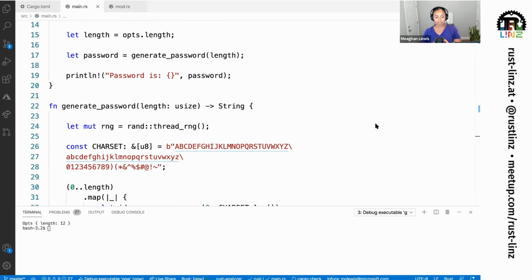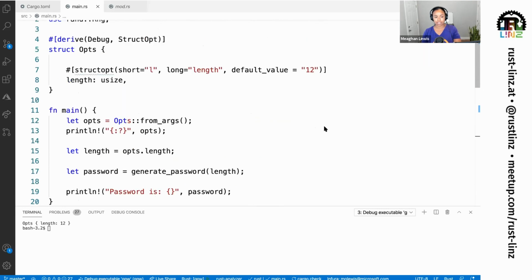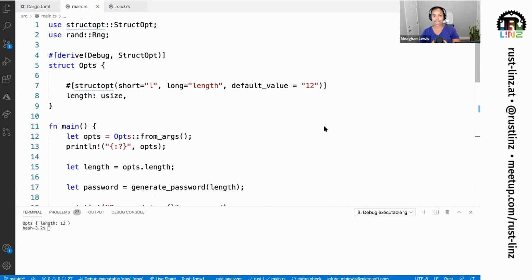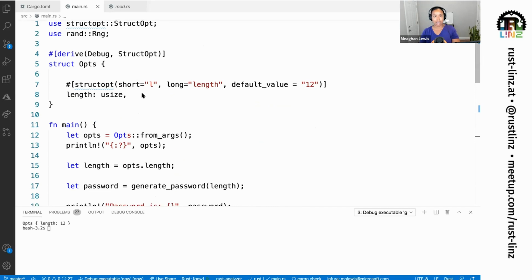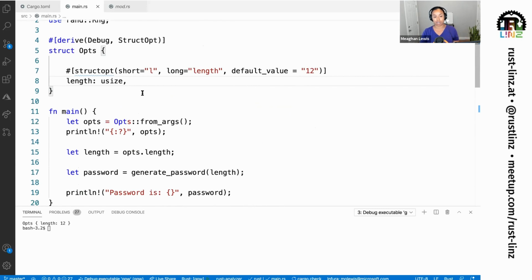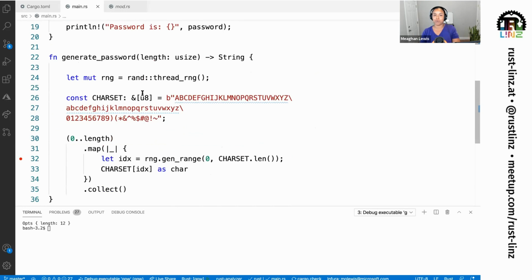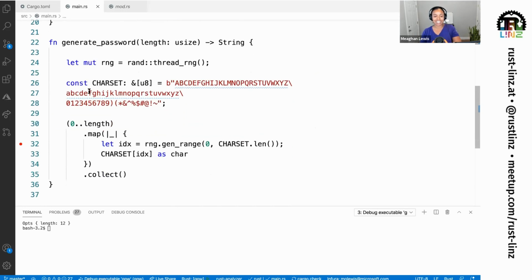For now, this program is very short and sweet, but I might want to add more functionality. I might want to collect other command line arguments. Perhaps I want to specify what in the character set I want to use, if I want to use uppercase, if I want to include symbols. So I can collect a lot more information and make my program more advanced. This is a very simple implementation that we just did.